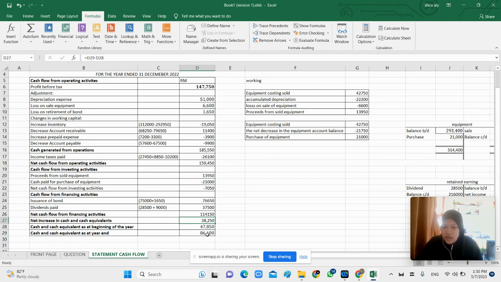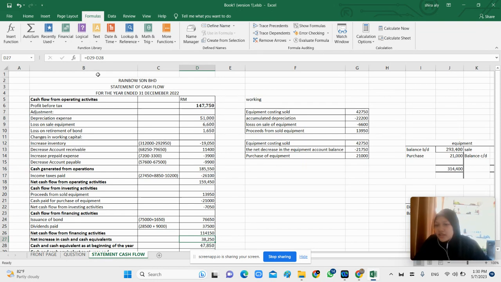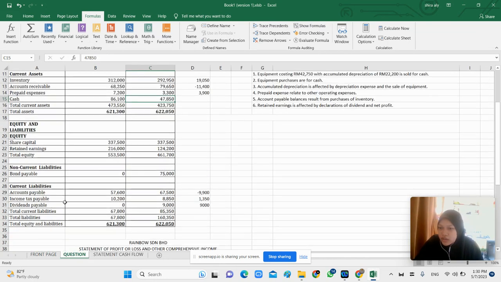So as we can see, after we deduct beginning and ending, we will get an increase. So when increase, we have to put net increase in cash and cash equivalent. So the next step is the first step, we will put profit before tax. So here we get from the financial position